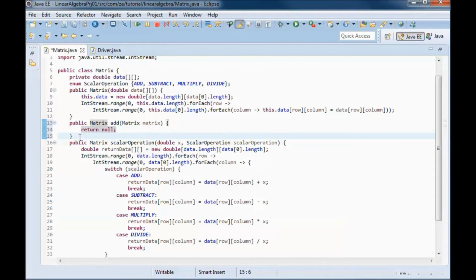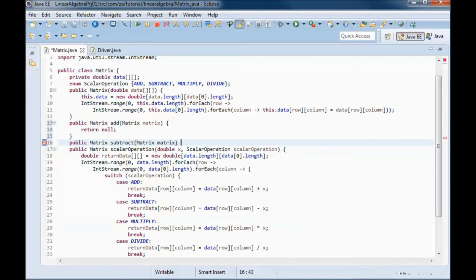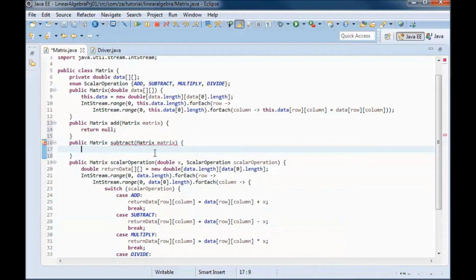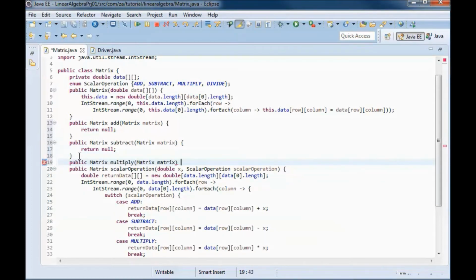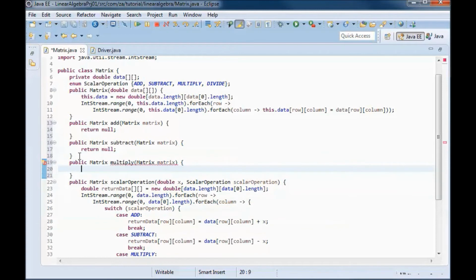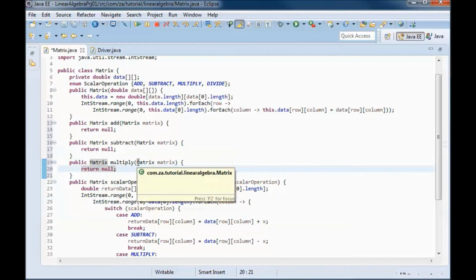And we can subtract this passed in matrix from this matrix and return a new matrix. And for now, let's just return null. And we can also multiply this passed in matrix by this matrix and return a new matrix. And same thing, for now let's just return null.